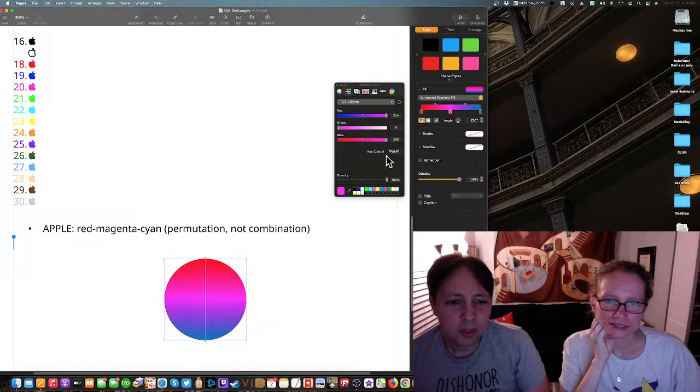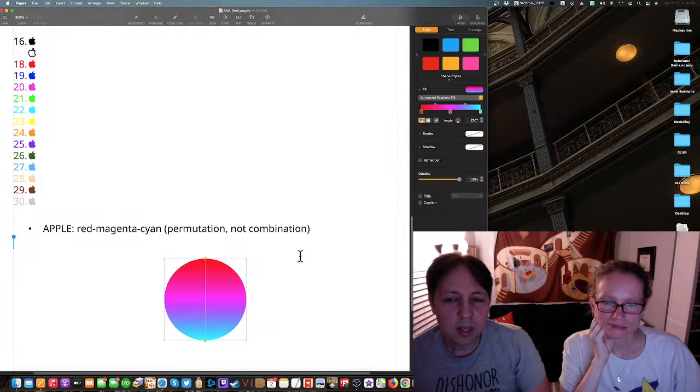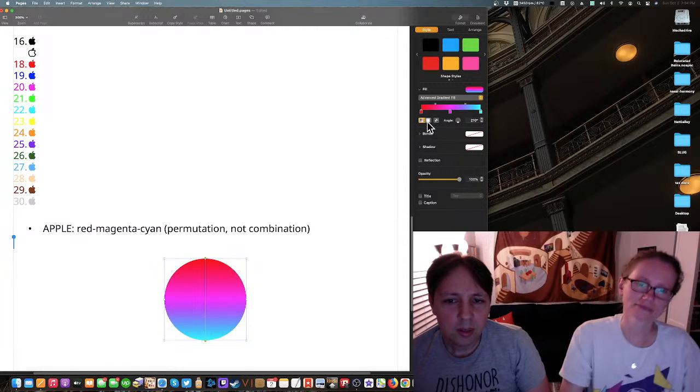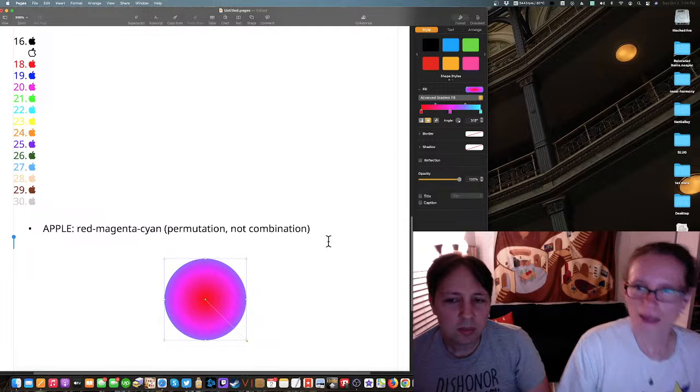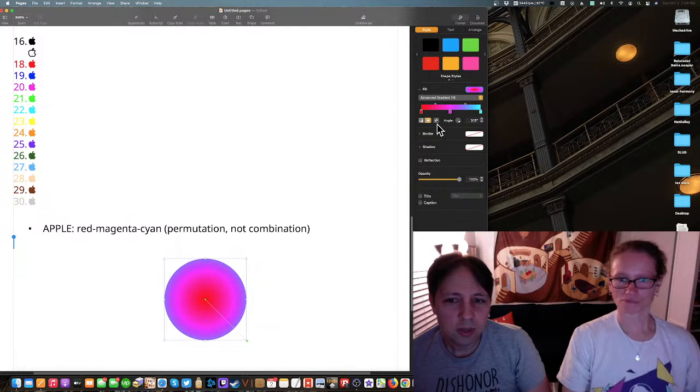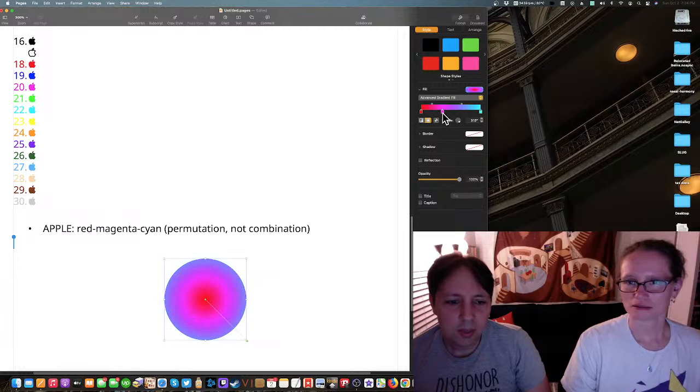All right, pink. And we're going to make this cyan. Okay, that's nice. And we're going to do it like this because basically I want to emphasize that this is not ordered.